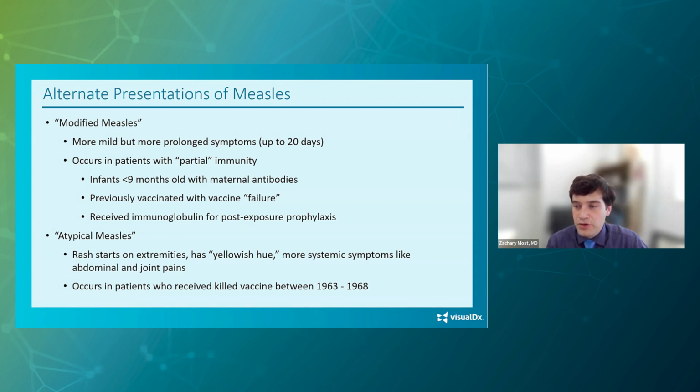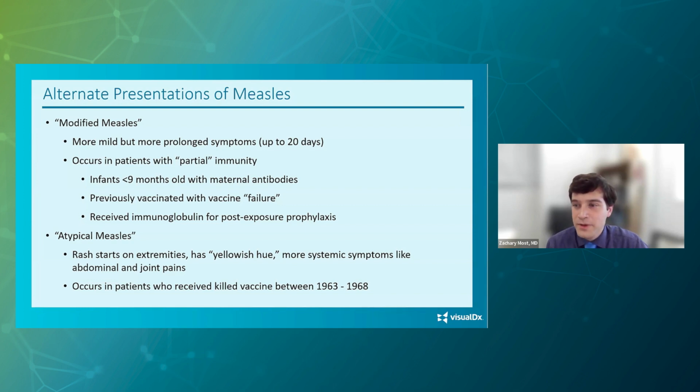It is important to note this. A study was recently published from the CDC, their measles surveillance group, who showed that during the post-elimination phase of measles in the United States, these kinds of modified measles presentations were substantially more common and accounted for nearly a third of cases of measles. And so in the person who may have some background of immunity to measles, but was exposed to measles and is having symptoms that maybe don't meet the classic description, but have some of these alternate modified features, you still need to have a high index of suspicion for measles.